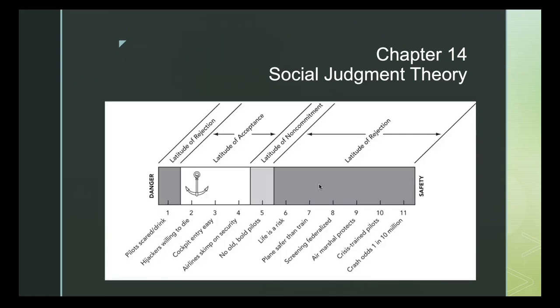This was the chart, or diagram, or figure that we looked at in class. The example here is talking about air safety. You have the latitude of acceptance, the latitude of rejection, and in the middle, the latitude of non-commitment. And you see this anchor point right here. This anchor point is where the particular person described in this example feels. They're leaning more towards the latitude of rejection, that it's not safe to fly. Whereas if the anchor point were more to the right, they might be more likely to think that